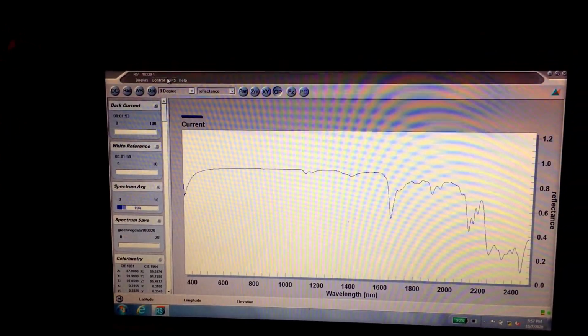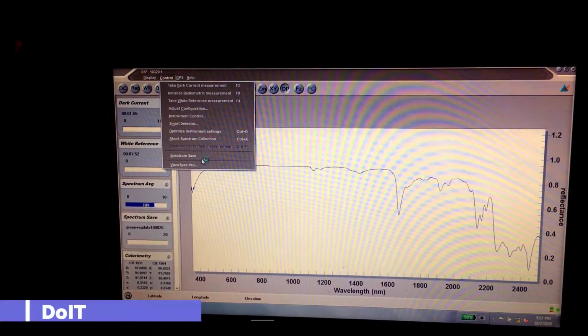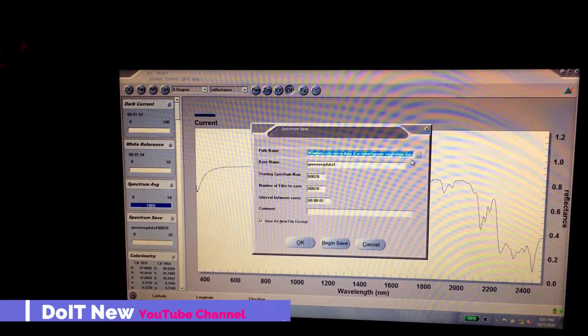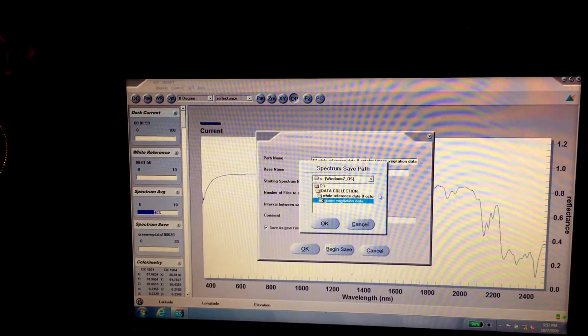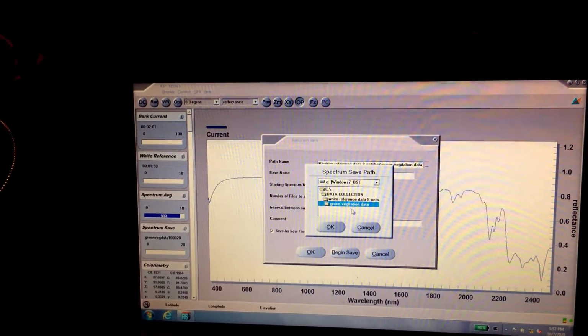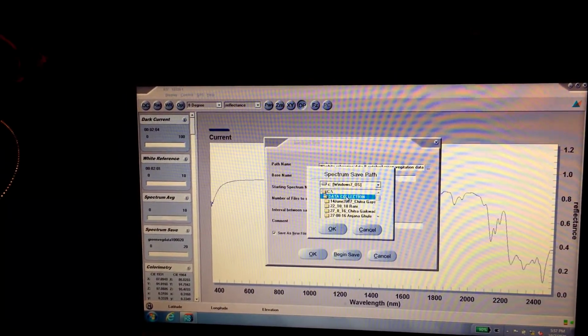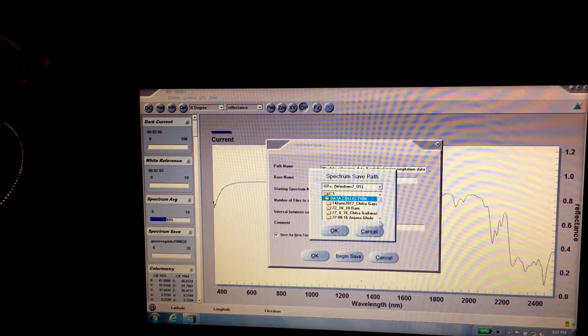It is the same process. Go to Control, then go to Spectrum Save, and choose your just created folder, Mylar sheet data.